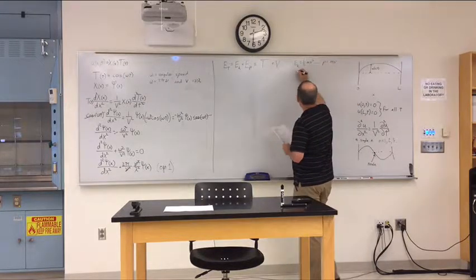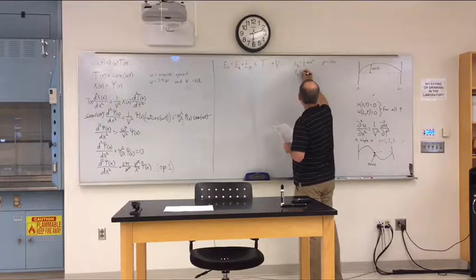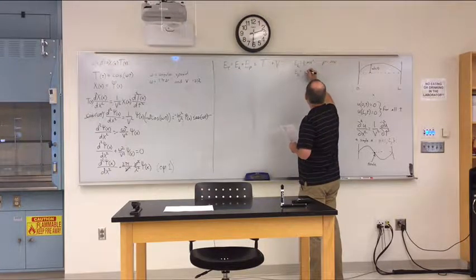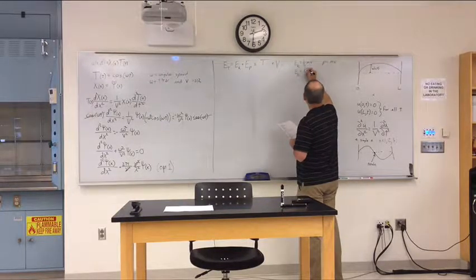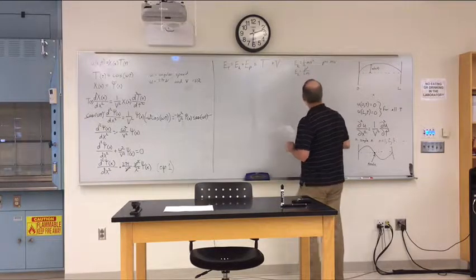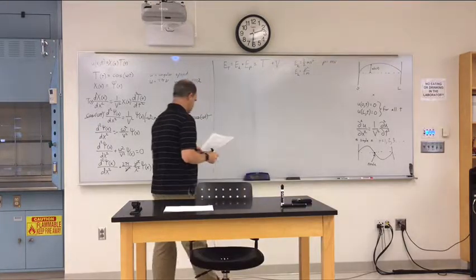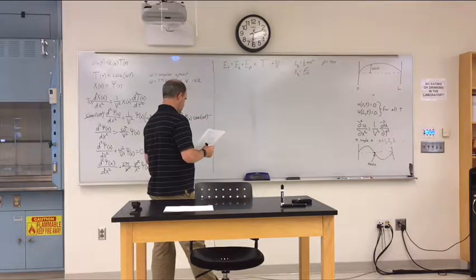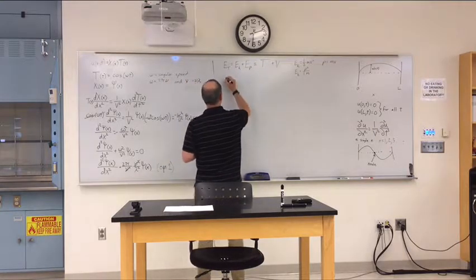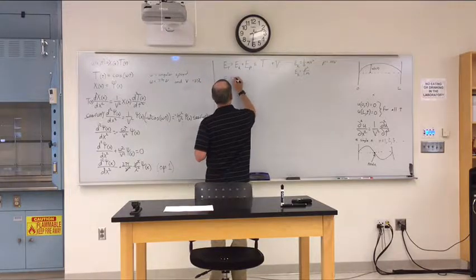So we could write out our kinetic energy as being equal to our momentum squared over 2 times the mass. So that means our total energy would be equal to momentum squared over 2m